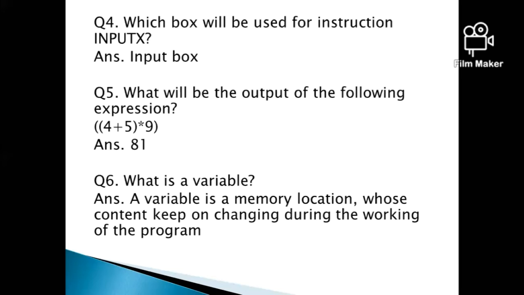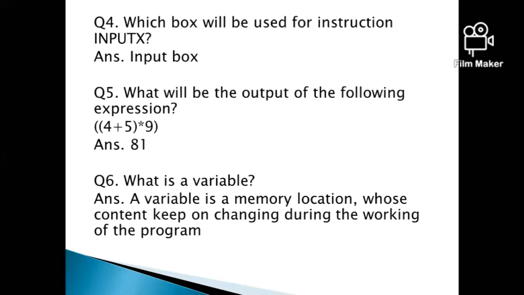So first we have to add 4 and 5. Okay, so we know that 4 and 5 will be 9. So the answer of inner bracket will be 9, and then we will multiply 9 with 9, because the next step is we have to multiply the answer of inner bracket with the outer bracket. So the answer will be 81, because 9 nines are 81.